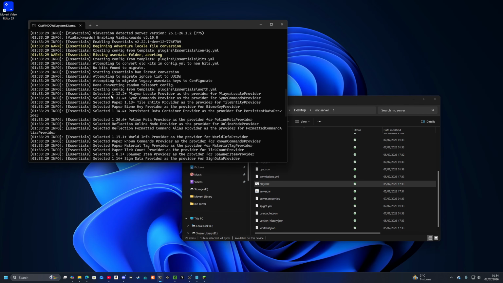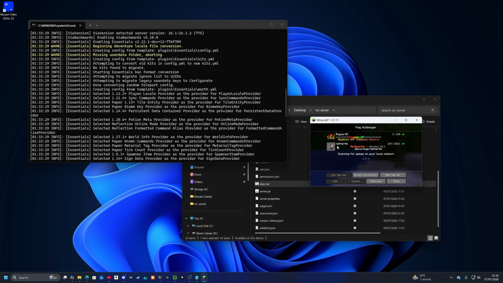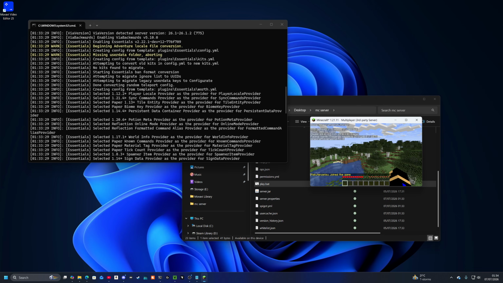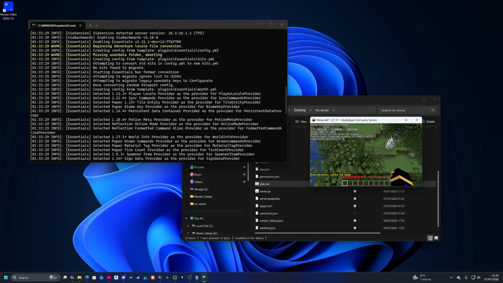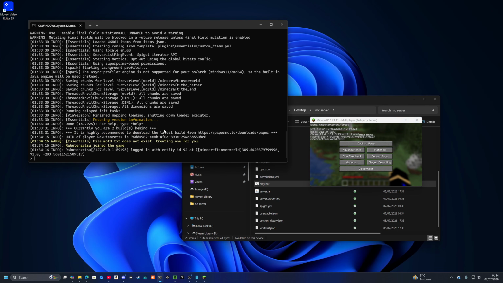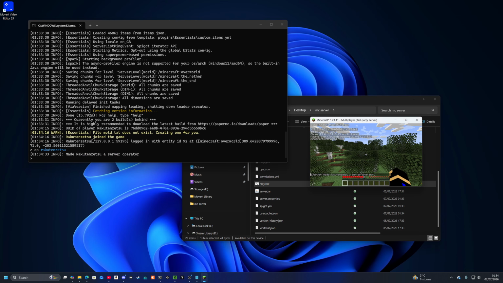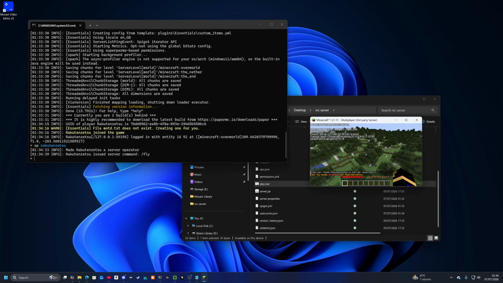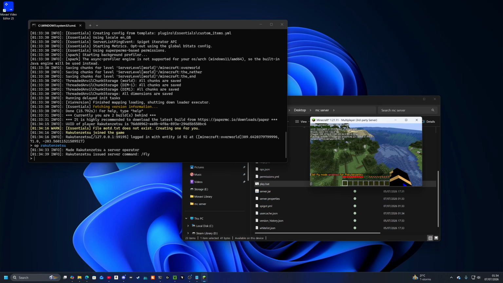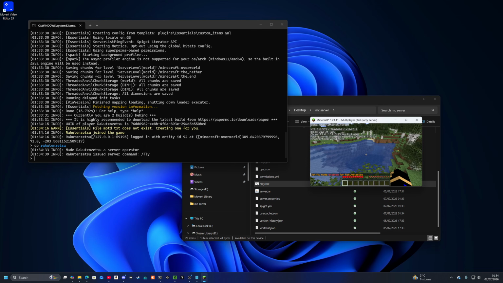But now that the server is up and running, we can go back to our Minecraft game, join, and now we have Essentials. We can do things that we couldn't do before, like if I go to here and make myself op, we've just made ourselves op on the server, and now we can do /fly, and now we can fly around the server,